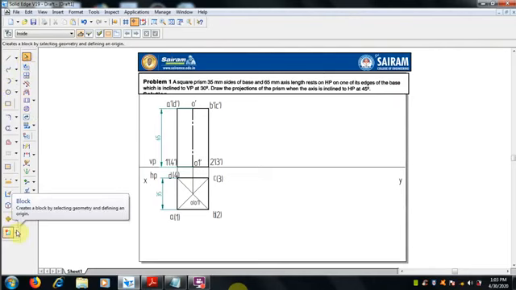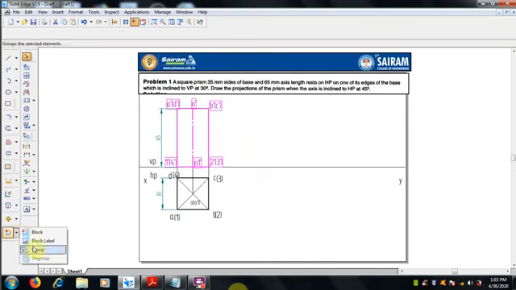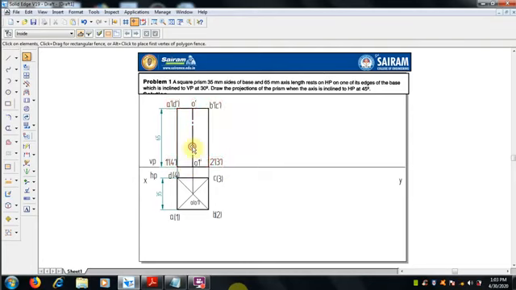So group all the things in the front view of the first position. First select the group, to select all the things and make it a group here, so that it is easy to move and rotate in the next stage. Once it is grouped, we can move the front view of the prism by selecting a point, and you can move.